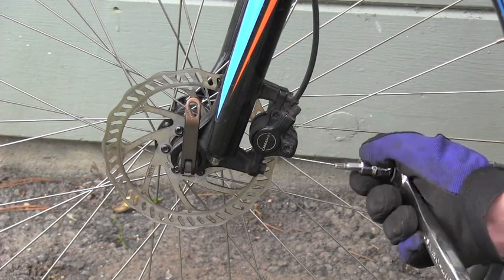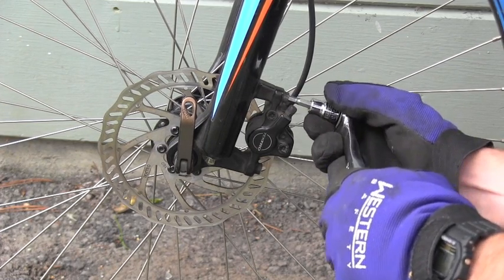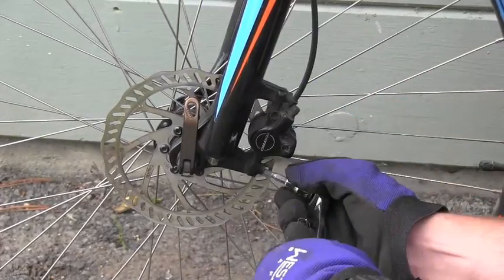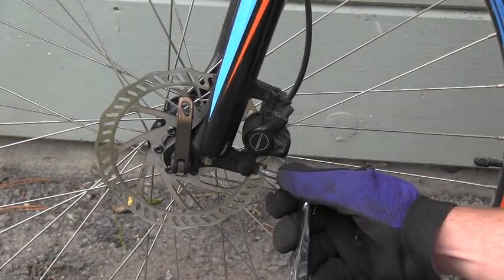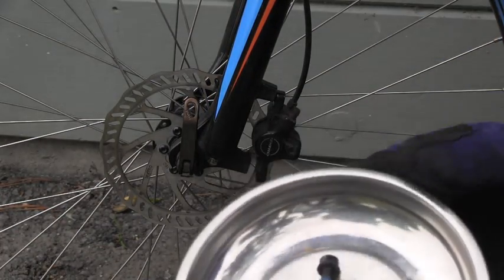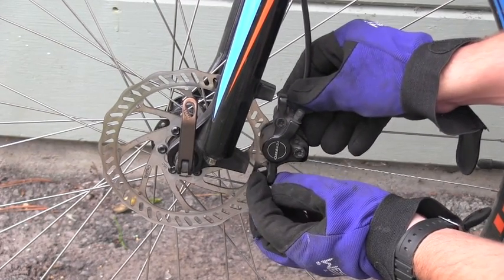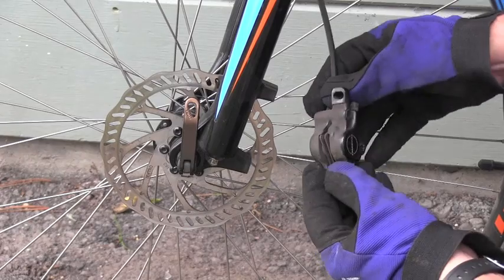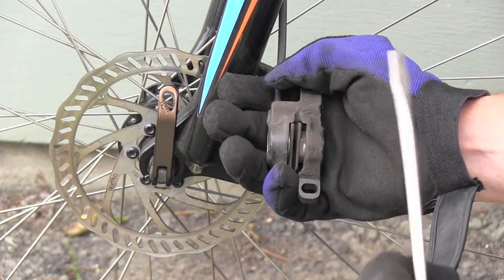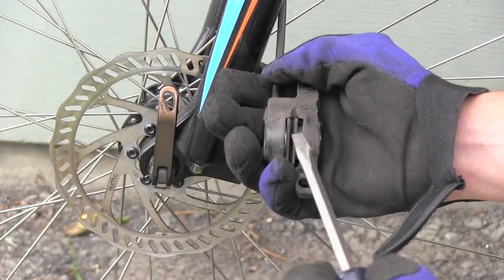I will start with a number 5 hex to remove the two bolts which are holding this brake caliper. Here you can see both bolts removed, and that gives me the first chance to remove the caliper from the rotor. And in the next step I will be pushing both pistons inside of the caliper, and I will